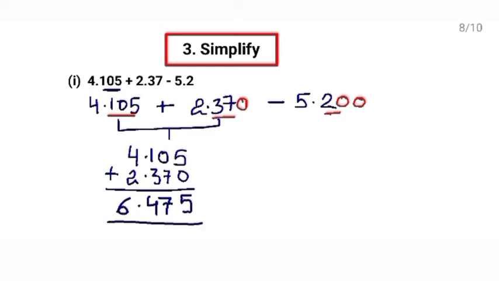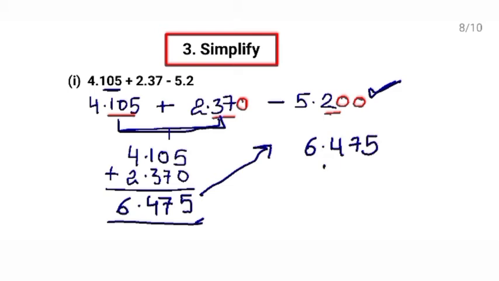Now the next step is, from this resultant what will you do? You will subtract the third number. Right, first add the first two, then subtract the third. First two you added. Now from this resultant you will subtract the third number. Third number is